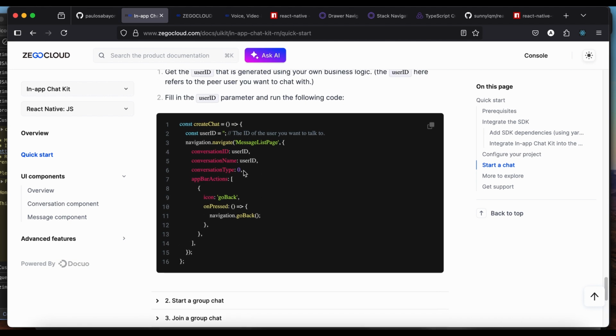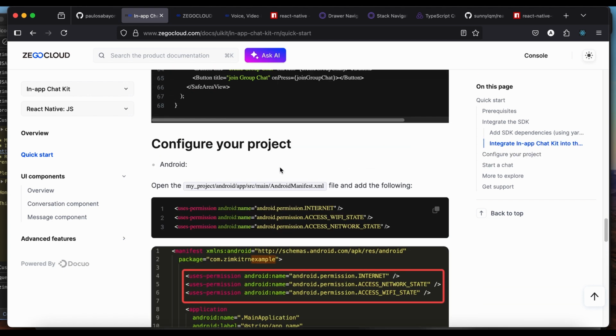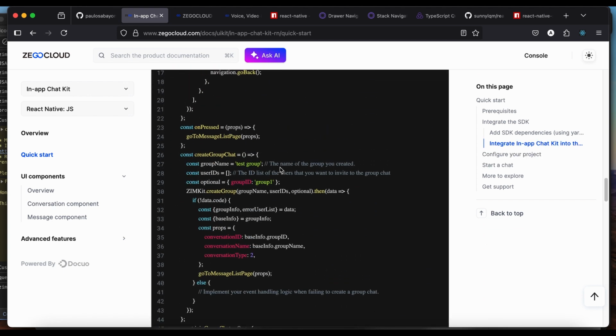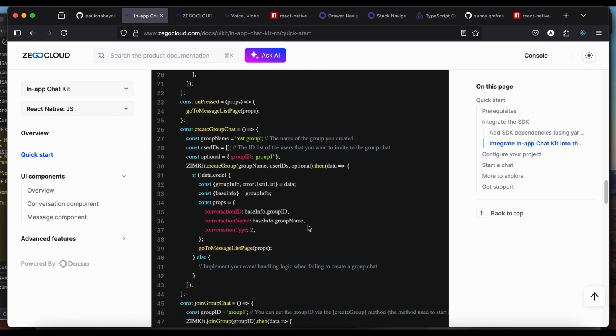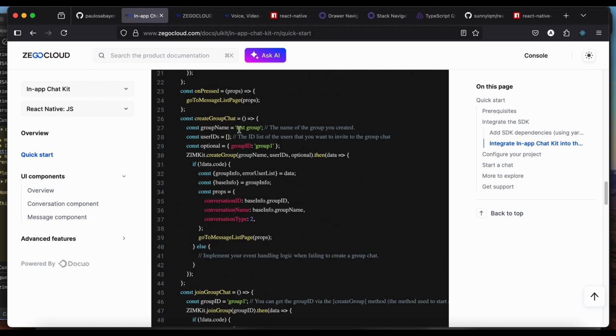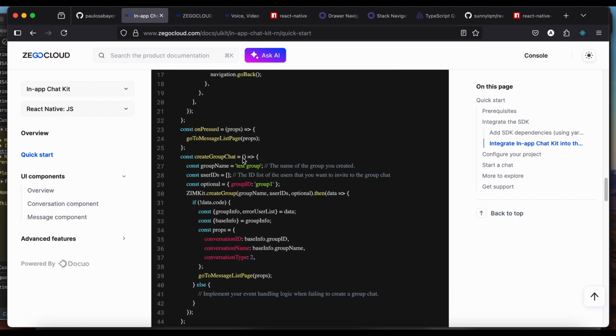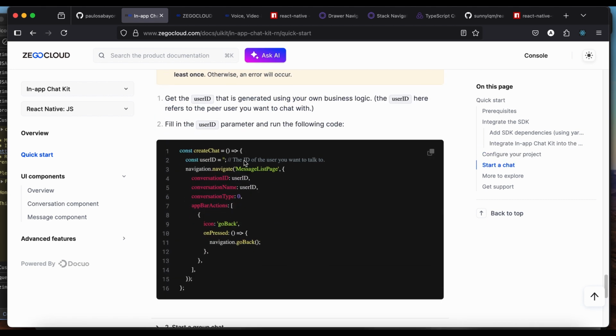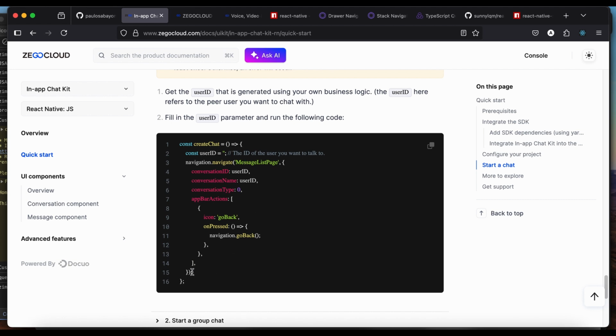All we just have to do is to set the conversation type to 0, and we are going to come back to this place later, like join group and create group. We are going to come back to it later, but now this is going to be